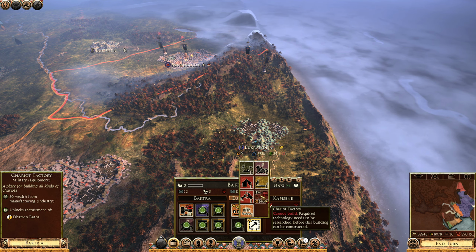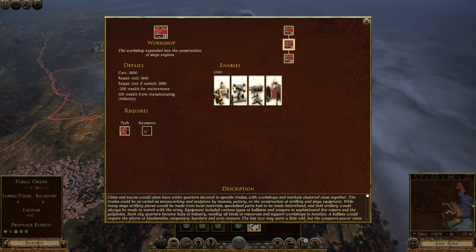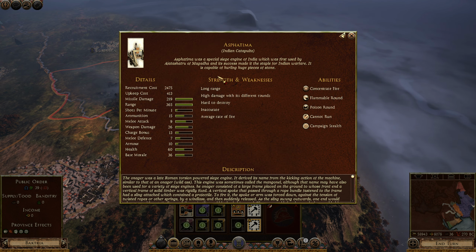What can I get with siege equipment here? Oh, those are chariot factory. I don't think so. They have access to onagers, though. Indian catapults. I've never actually seen those. Indian bolt thrower. I imagine these just have the same models as...